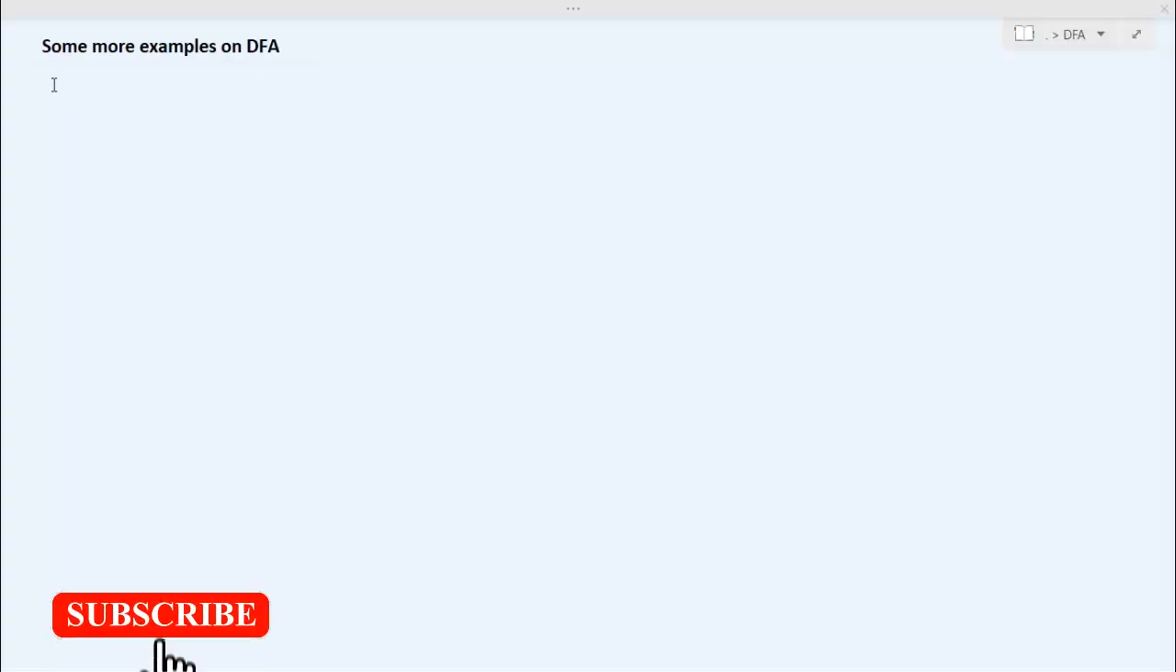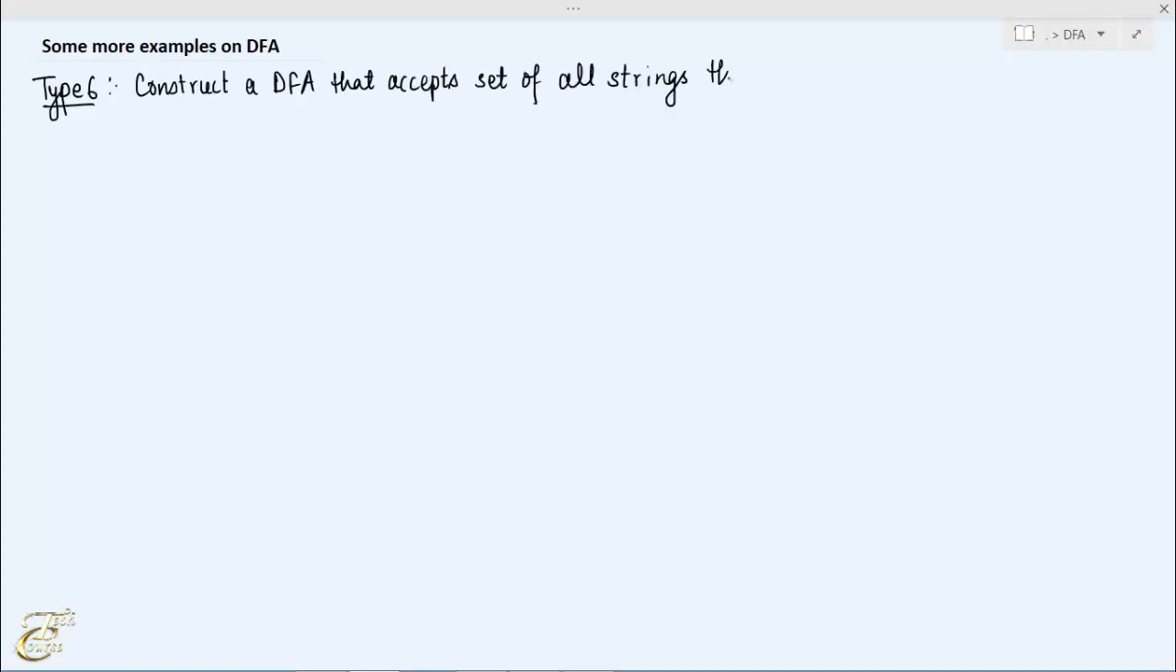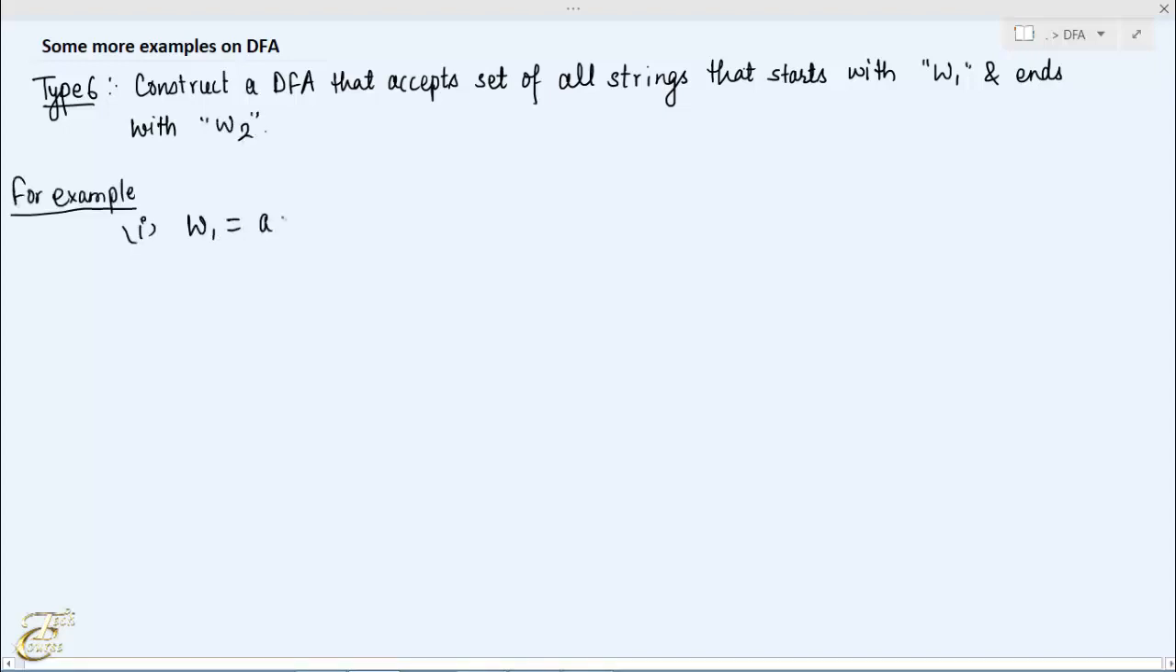Hello and welcome everyone. Let's see one more example on the construction of DFA type 6. Construct a DFA that accepts set of all strings that starts with substring w1 and ends with another substring w2. For example, w1 equals a and w2 equals a. This means that we have to design a DFA that accepts set of all strings that starts and ends with